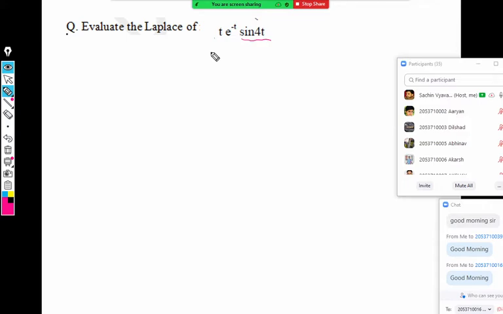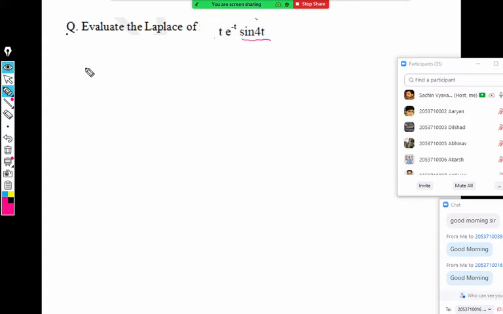Generally, remember this thing. I always keep the shifting property at the end. I'm repeating every time. It is better to keep the shifting property at the end, because the function looks a little lengthy after shifting, since you are replacing s by s plus a or s minus a. That's the reason only. Otherwise, it's not compulsory. You can use shifting first and then multiplication. That is also correct. So let me do this question. These questions are always very small. Already I told you, in Laplace you get the answer in 5 steps only, maximum 5 steps.